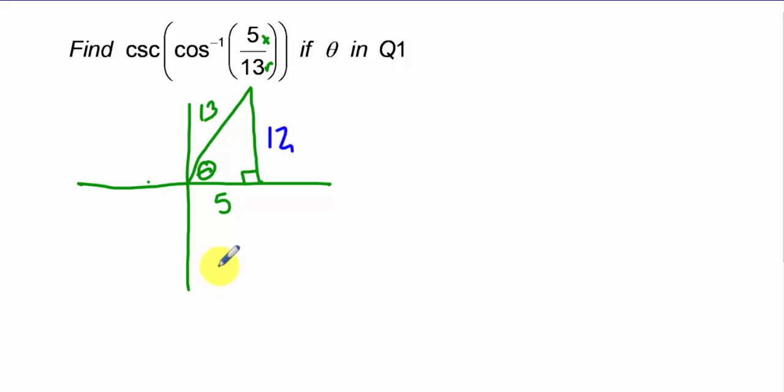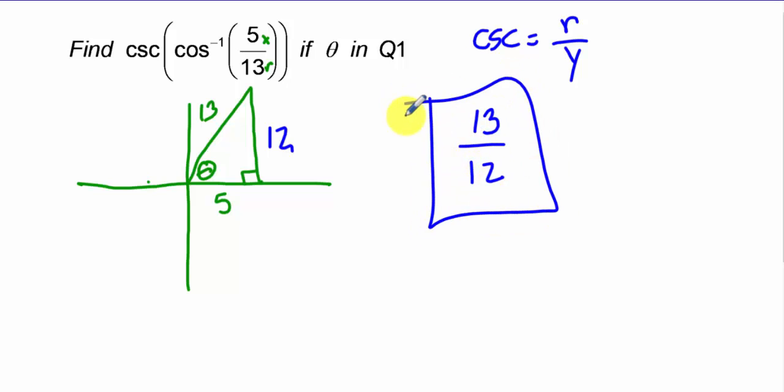And all of a sudden, if I don't know this angle, but I know that that angle is associated with this triangle, then I can find the cosecant of that theta value in this given triangle, because I know the cosecant is basically the r value over the y value. So for this particular triangle, my r is 13 and my y value is 12,